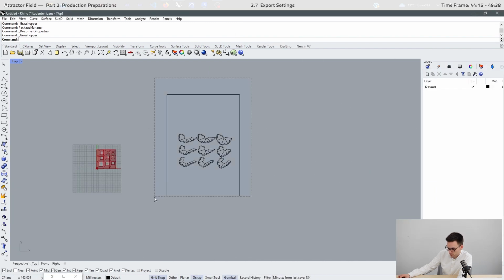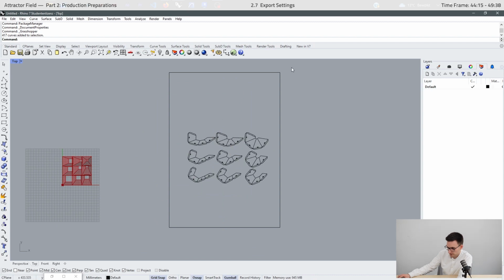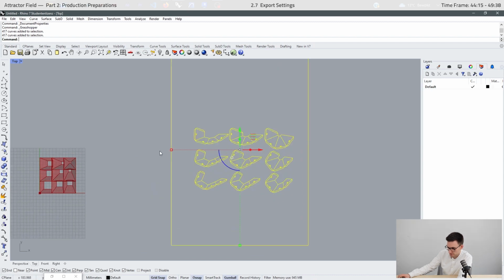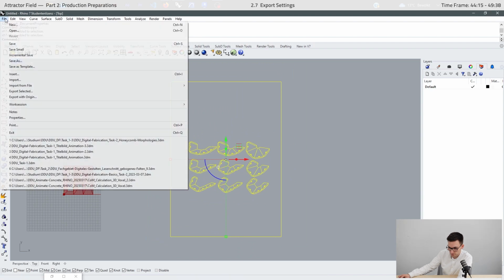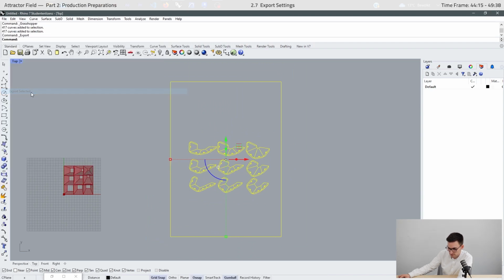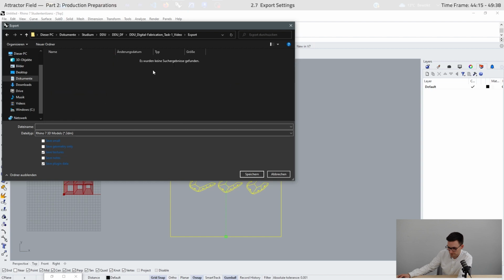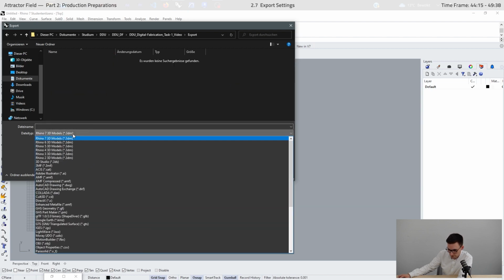Now we have our curves in Rhino, and we have to select these curves, go to File, Export Selected. We have to choose PDF.